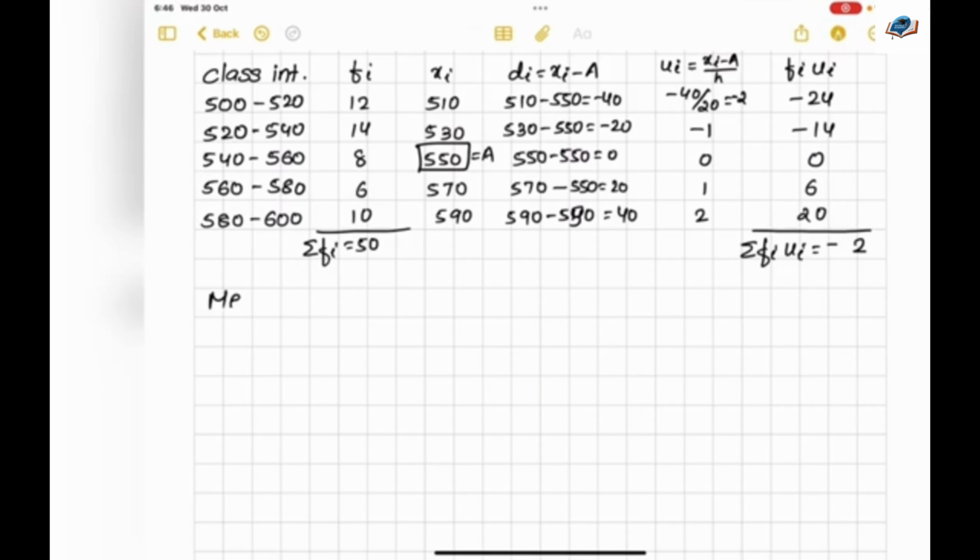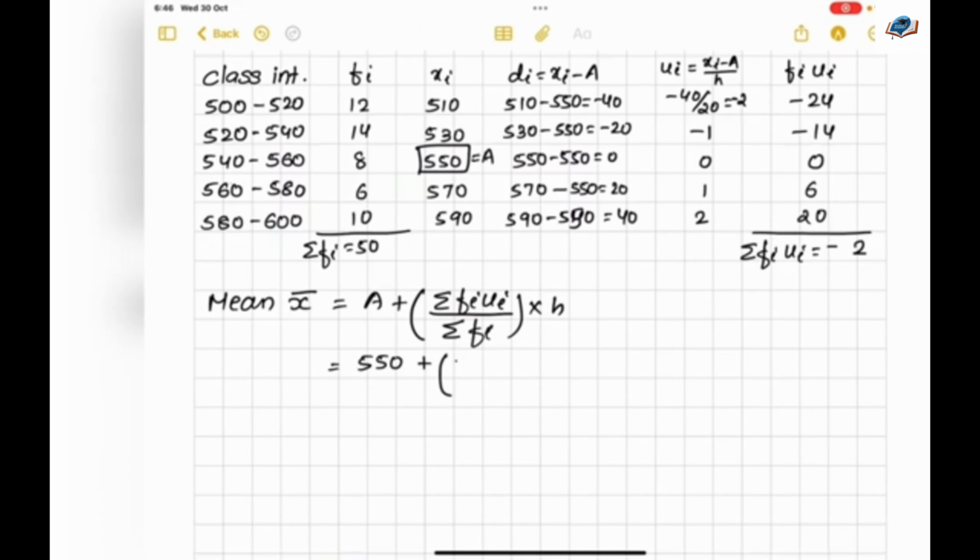Now see, the mean formula is a plus sigma fi ui upon sigma fi into h. So a we have taken as 550 plus sigma fi ui came as minus 12 upon 50